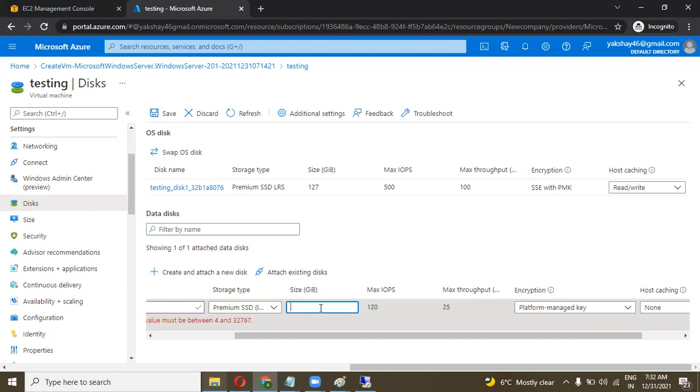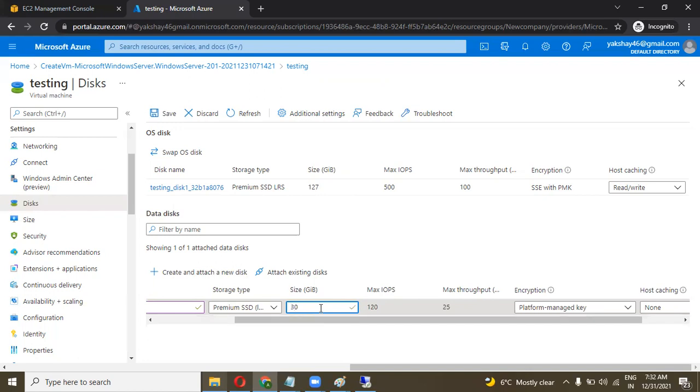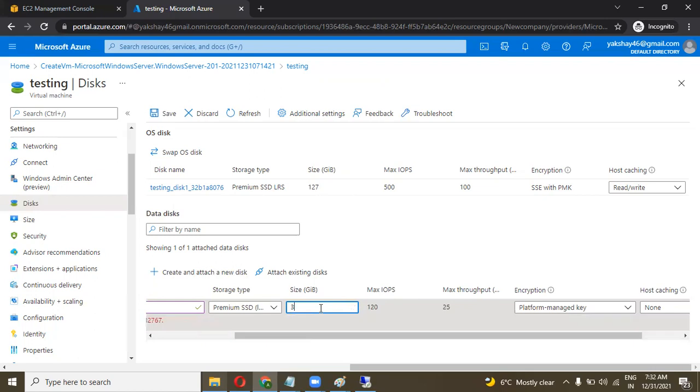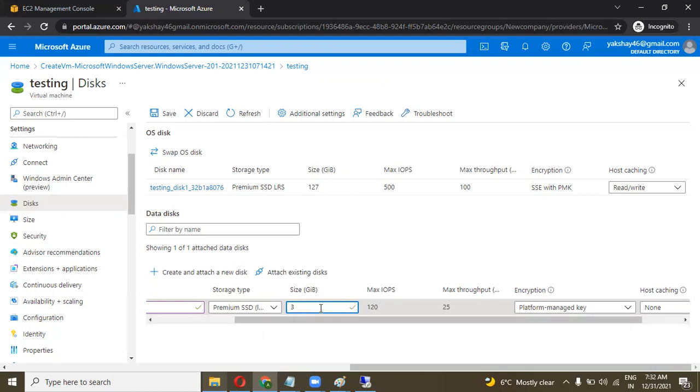So the minimum IOPS on a Premium SSD disk is 120. 30 is also 120. 31, if I select, 33, it is the same. 34, yeah, it got changed. IOPS means input output operations per second, or read and write operations per second.